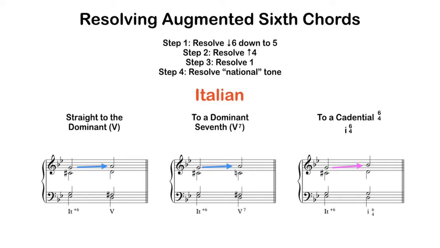That's if it's going straight to a dominant. Of course, if it's going to a dominant 7th, the only thing that changes is my sharp 4 moves down by half step to natural 4. And if it goes to a 1/6/4, my double tone will generally leap up to scale degree 3, which will then resolve out to